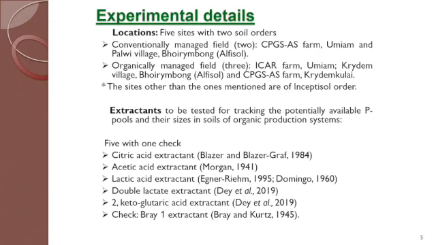The main idea is to mimic a scenario which is continuously going on in the soil ecosystem of an organic farm, to extract and solubilize the insoluble inorganic phosphorus, which is later on taken up by the plants to fulfill their P requirement. The extractants were citric acid extractant, acetic acid extractant, lactic acid, double lactate extractant, and 2